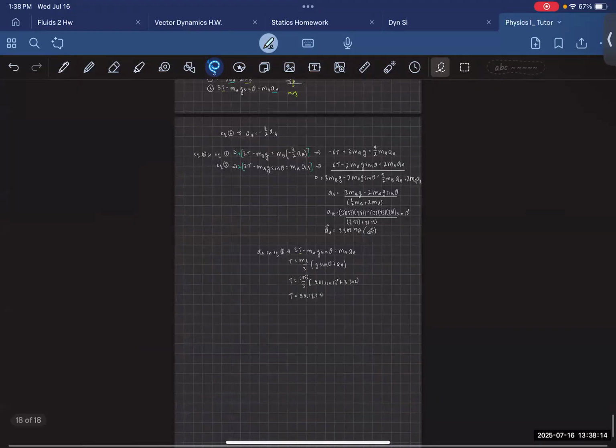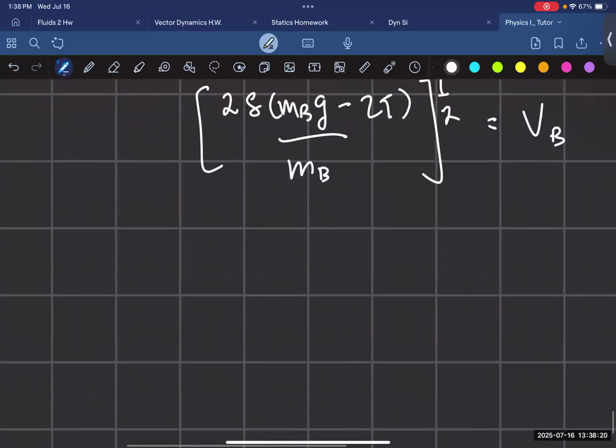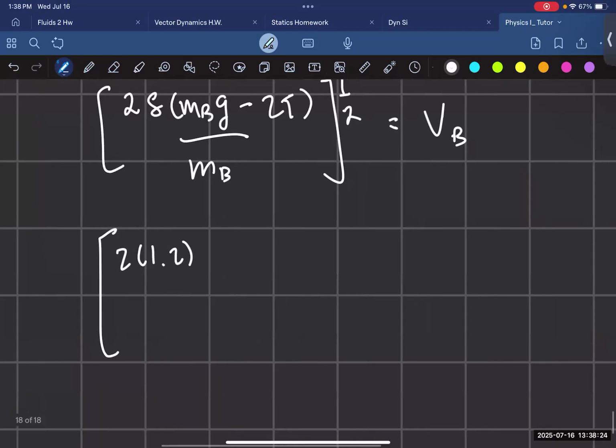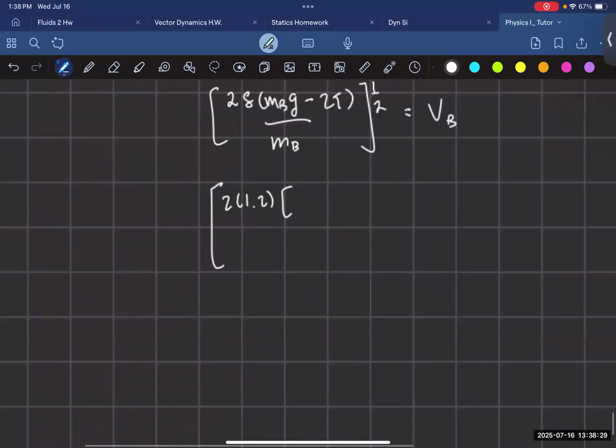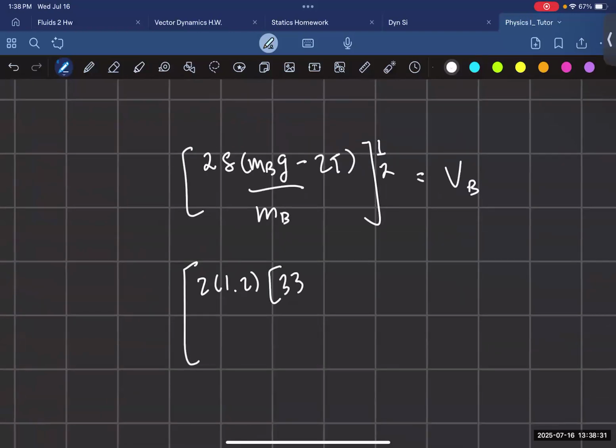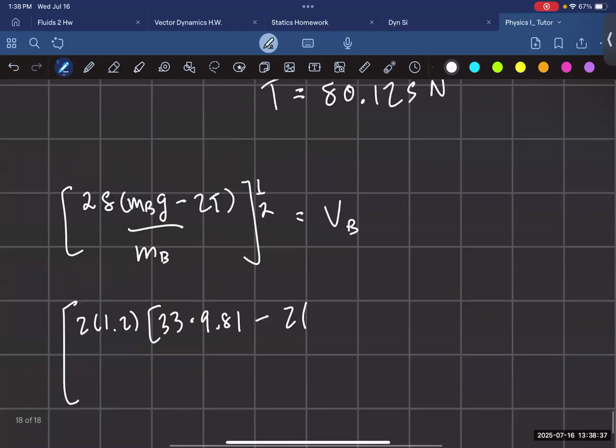So going back, we're going to plug everything we know into here now, right? So delta is equal to 1.2. So 2 times delta times the mass of B. Mass of B is equal to 33 kilograms times 9.81 minus 2 tension, which we just found right now,